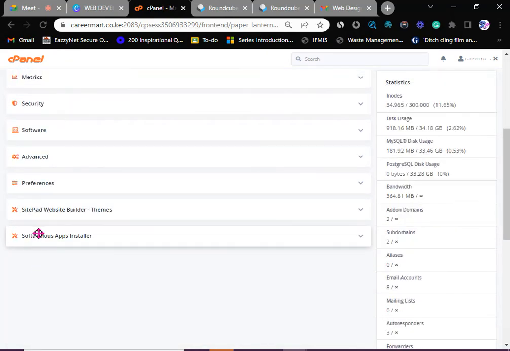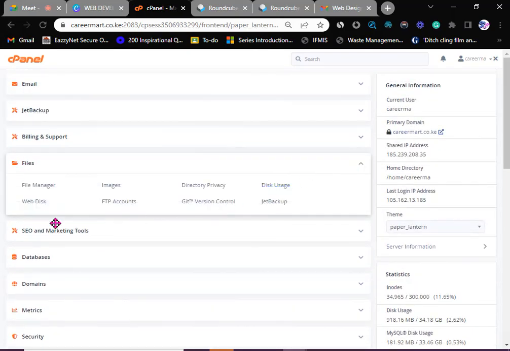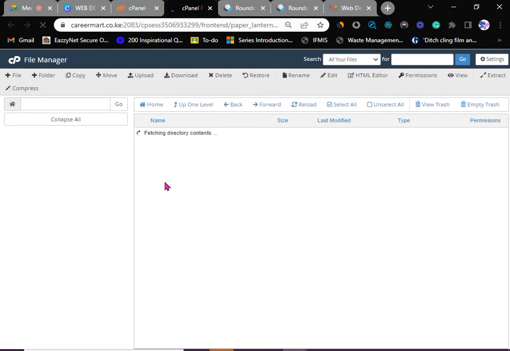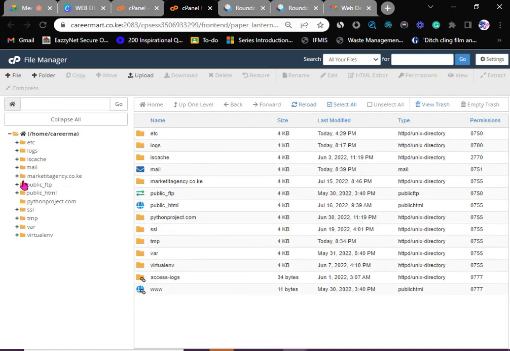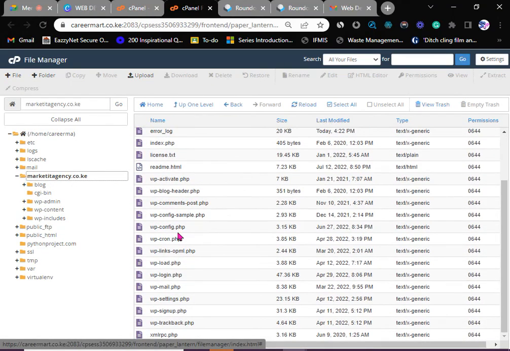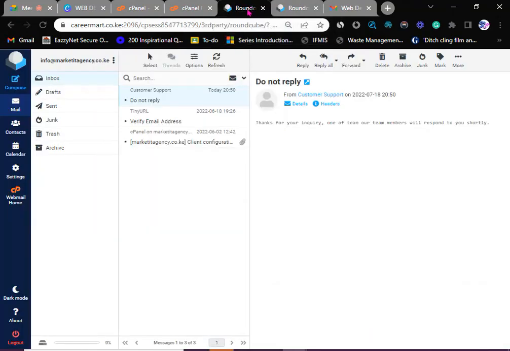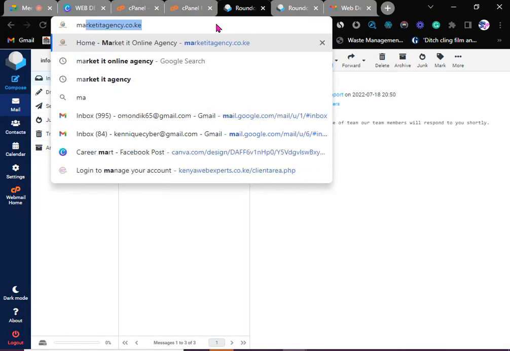Whatever we do from Softaculous will be affecting these files here. These files are just the different web files you have, those you view when you visit your website. This is where they are stored. You can see I have a folder here for Marketing Agency. This folder contains all the web files for Marketing Agency. If you load Marketing Agency from here,